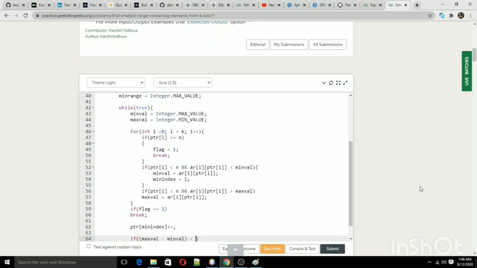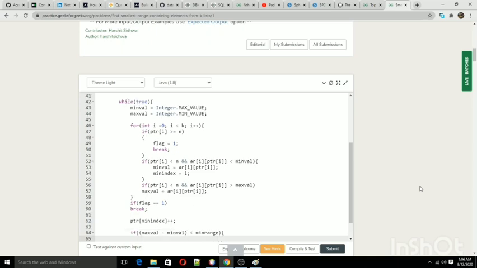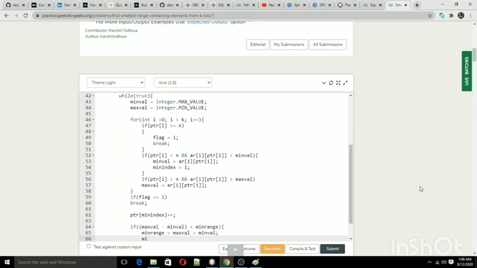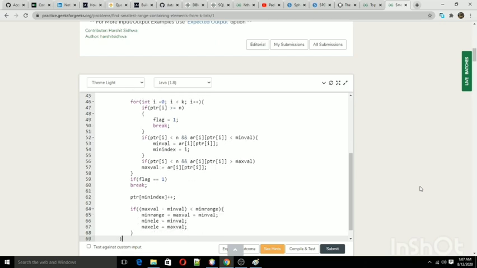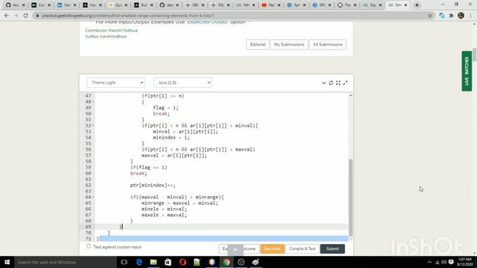If it is less than minimum range, then we do the following updates: the minimum range must be updated, minimum element must be updated, maximum element must be updated. Okay, so we completed the following task.